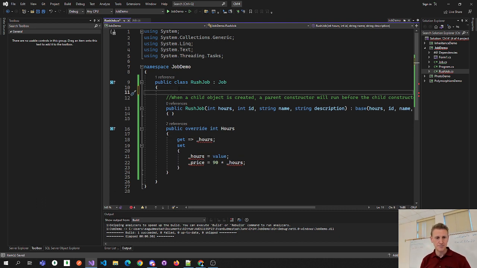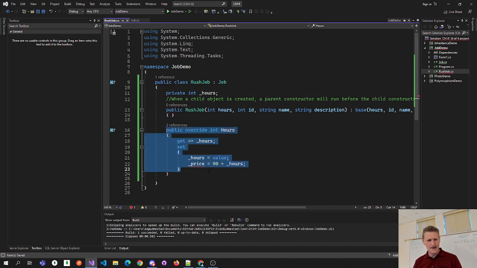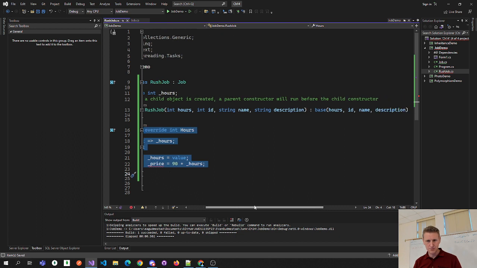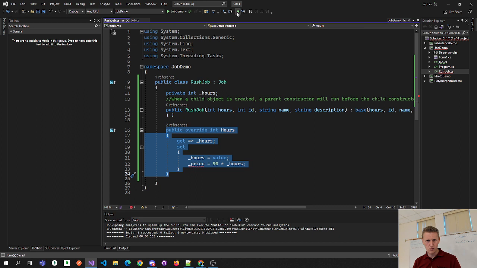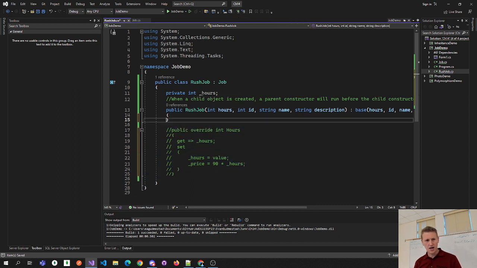And I'm not so sure that I want to completely override all of this. It does seem like a lot of code duplication, right? So I'm going to hold off on this,